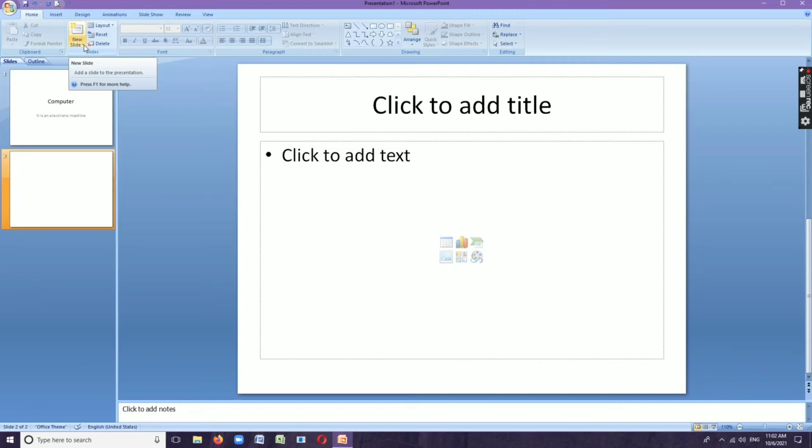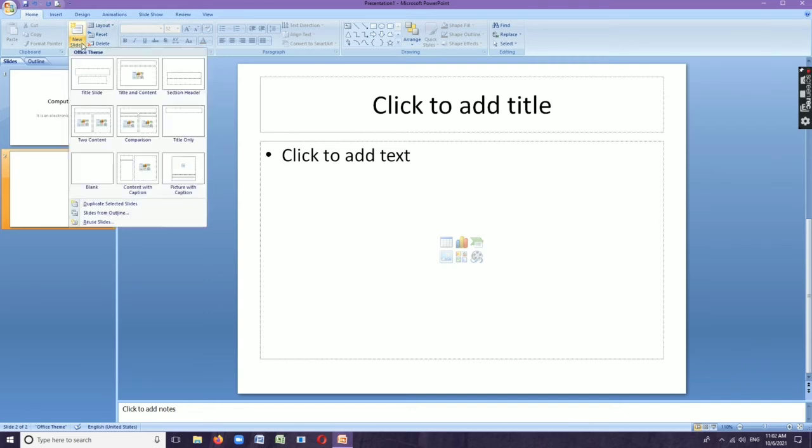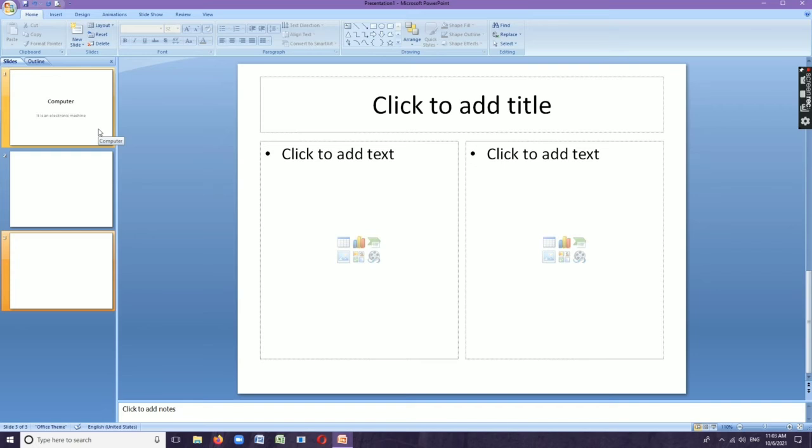And in the second half, we can see an arrow button. When we click on the arrow button, we can see a lot of slide layouts. So here we can see these are the various types of layout. Depending upon our need, we can select any one of the layouts from here, for comparison study, chart, table, or for inserting pictures. So, based on that, we can insert any one of the layouts from the New Slide second half.